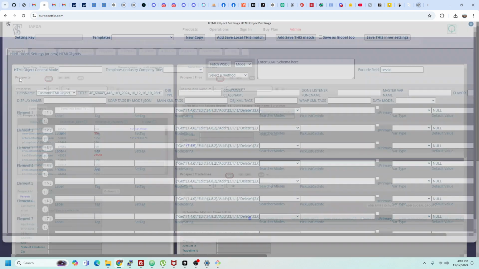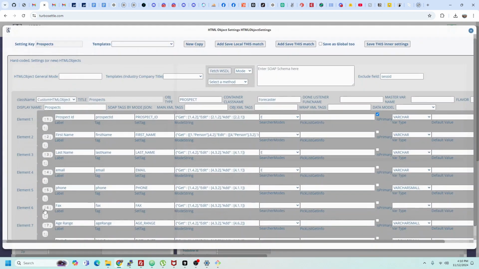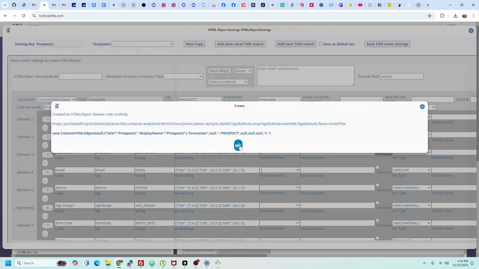And you see, let's say we have fax here. If you don't want fax here, just remove it and it'll disappear. You want to change the name? Change it. And then just click Save Match. Save This Match. It'll save it, and then when we go back, you'll see that the name has changed. We could save it locally, so just to show you how it looks without updating the actual data. And if we do that, and we click OK,